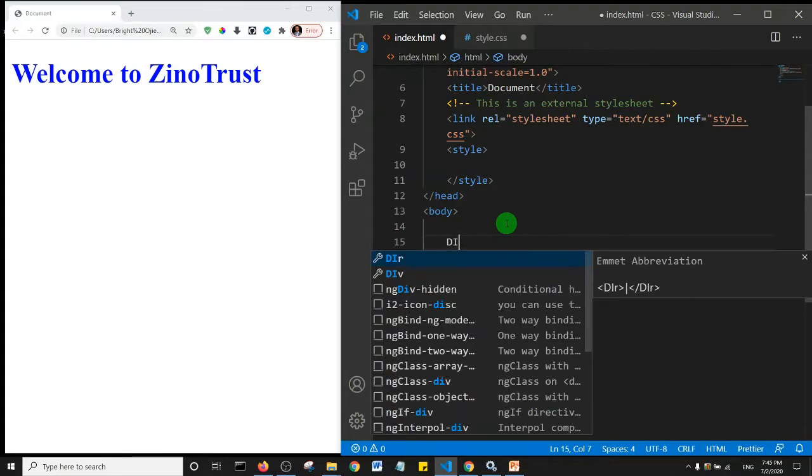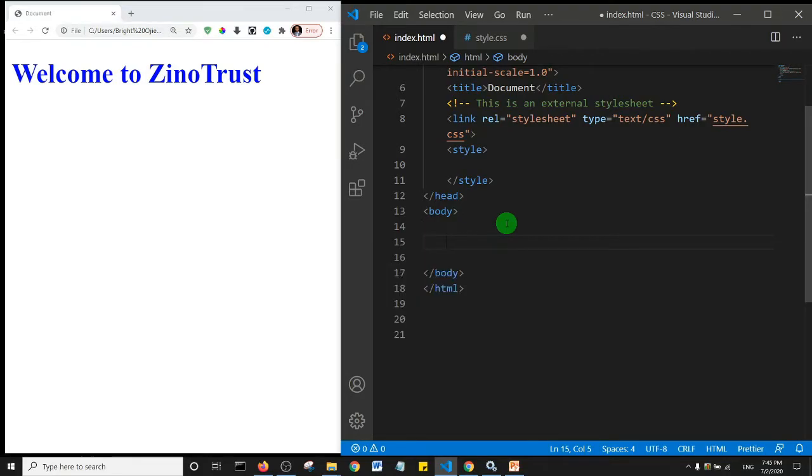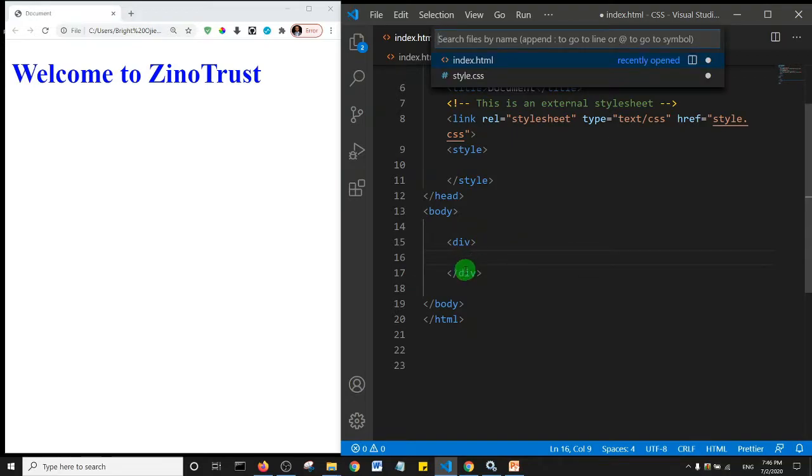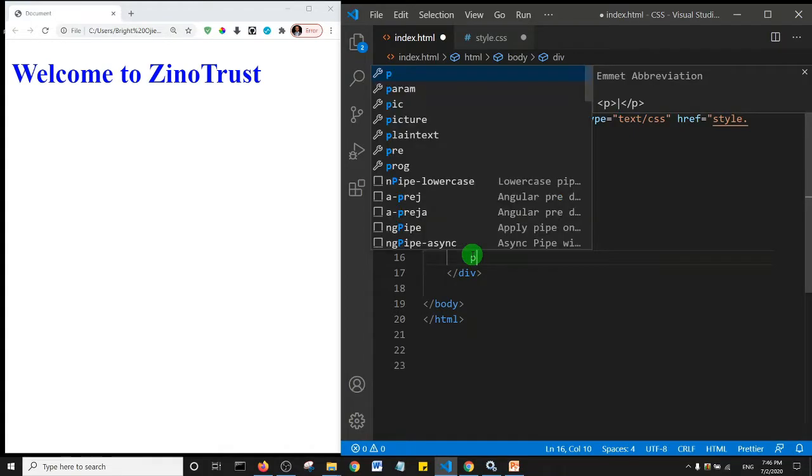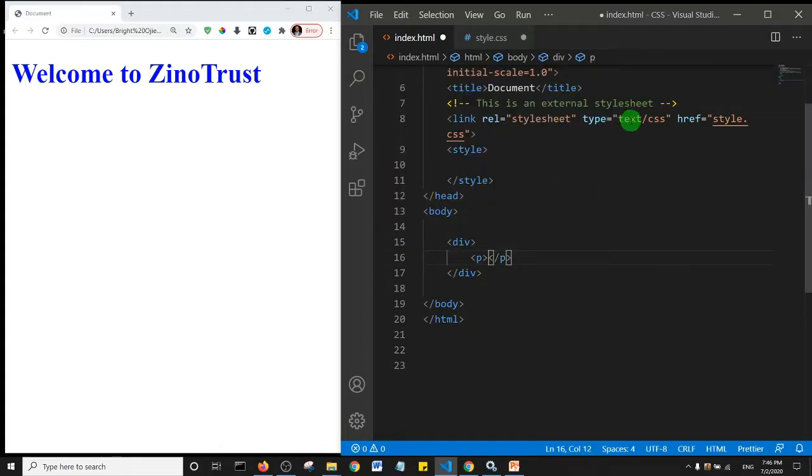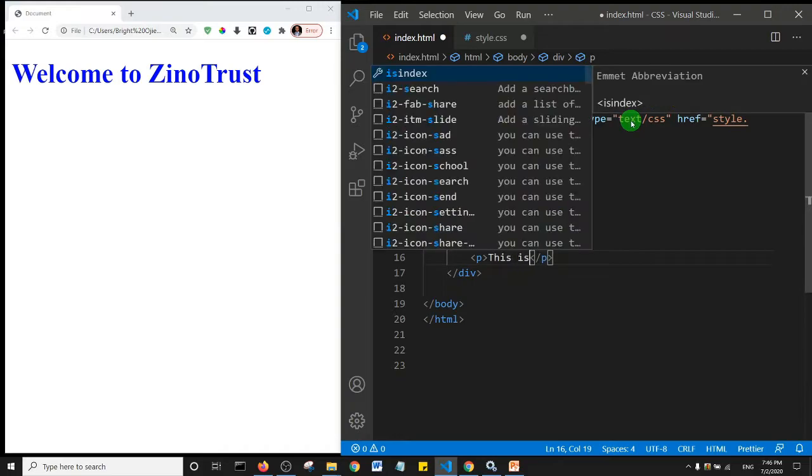Now, this is a div tag, which actually stands for division. Basically, a div tag is like a container. It's a block element, and it serves like a container to hold different contents in a web page. So within a div tag, I'm going to add a paragraph tag. I'm just going to say p and then tab. Okay, so this is a paragraph,